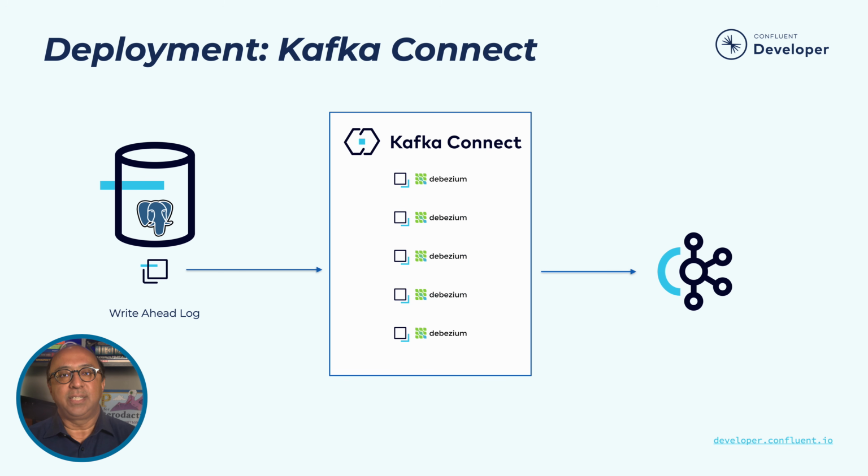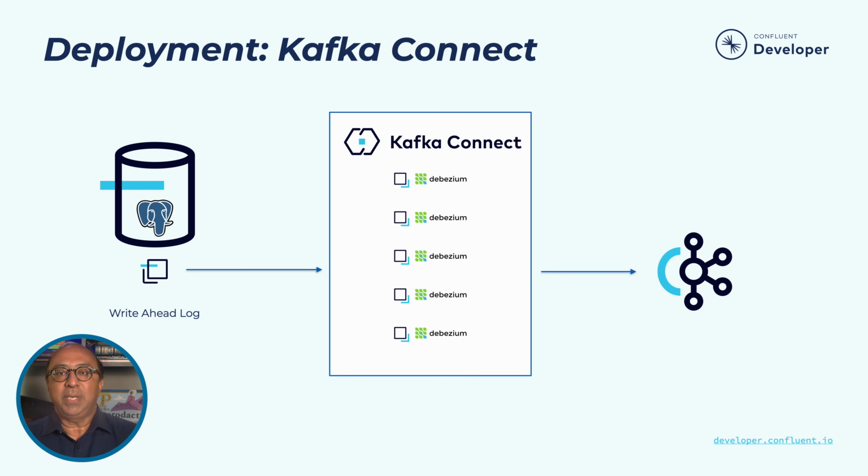But essentially, it's a distributed computing platform for applications that either read from external sources and put data into Kafka, so source connectors, or sink connectors, which take data from Kafka and write them out into external places. So in our case, we are having a source connector for PostgreSQL, and we're going to get that data and put it into Kafka. Kafka is a very dominant streaming platform today, and a lot of people are familiar with it, and it makes it very easy for us to share these updates, this data coming out of the transactional database, with other teams